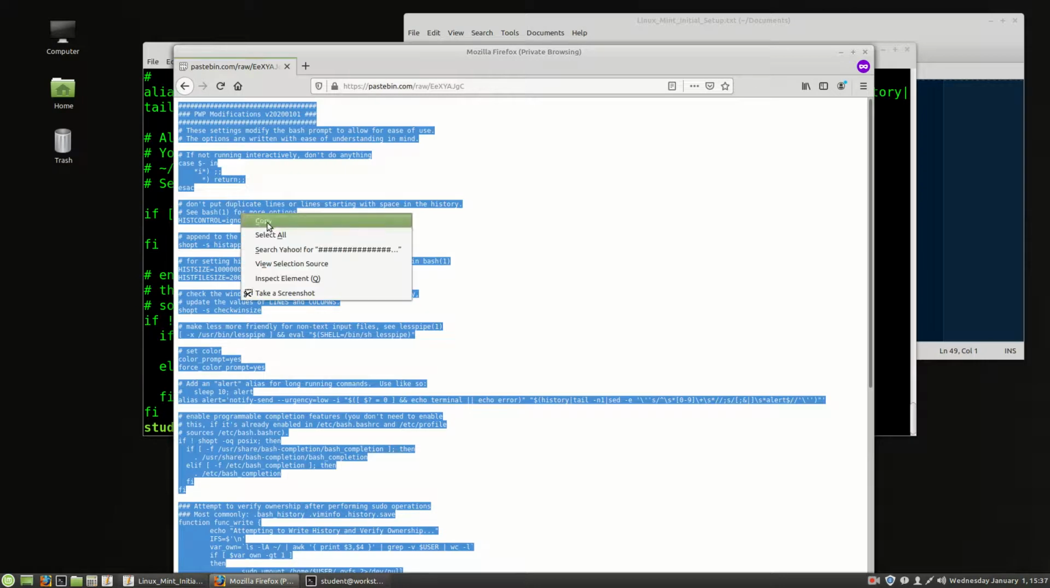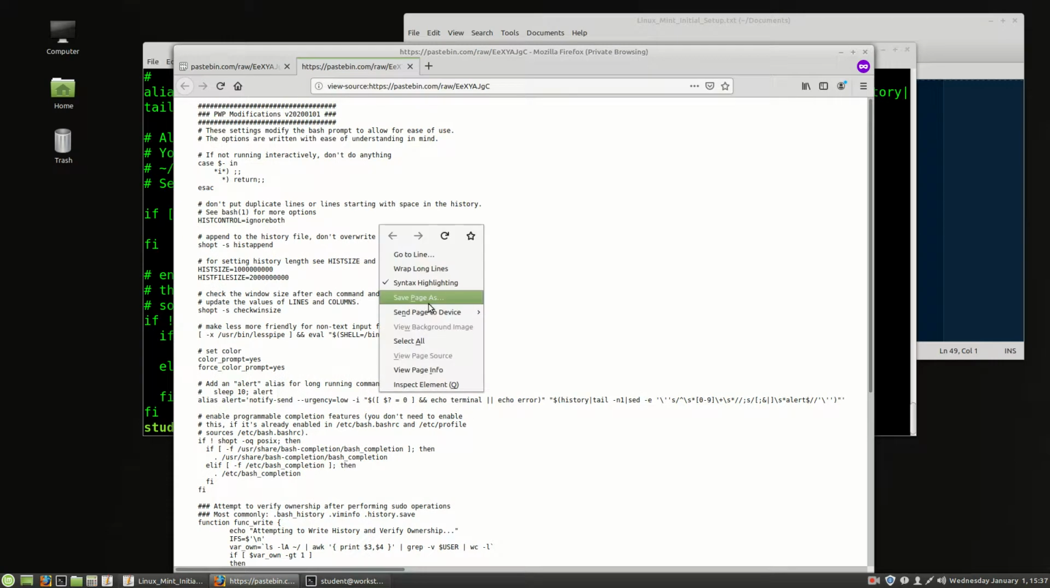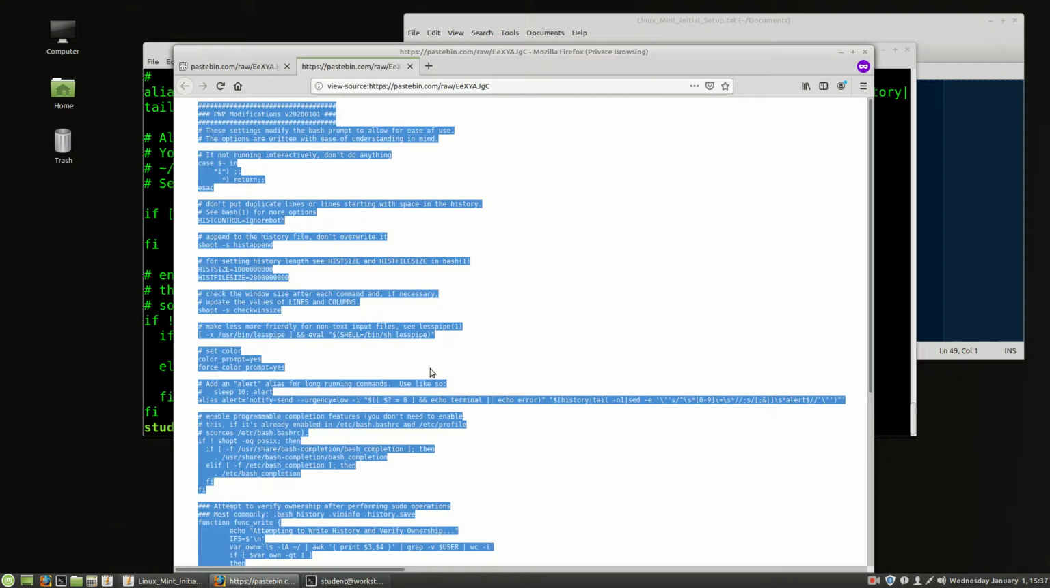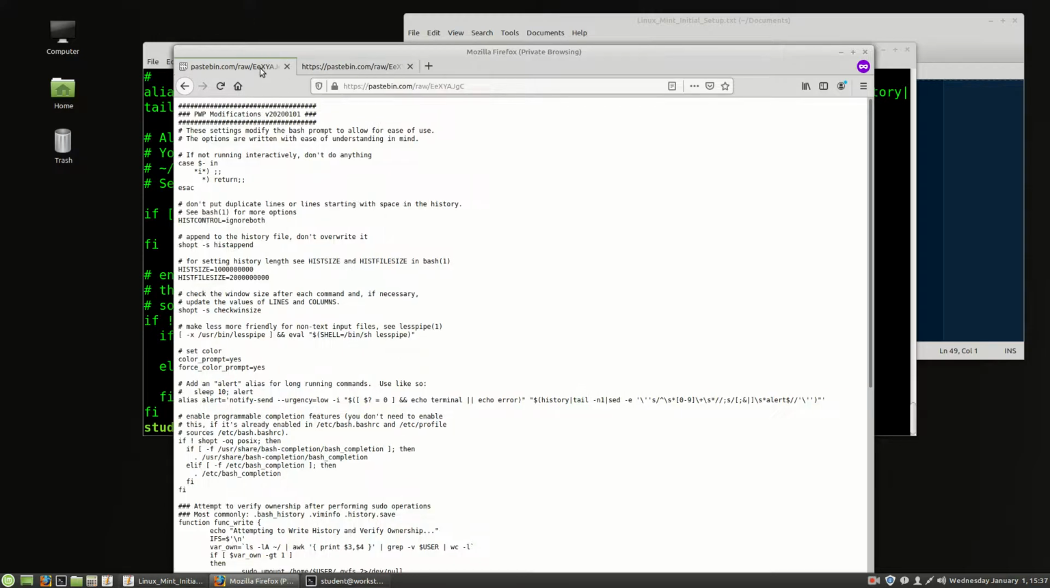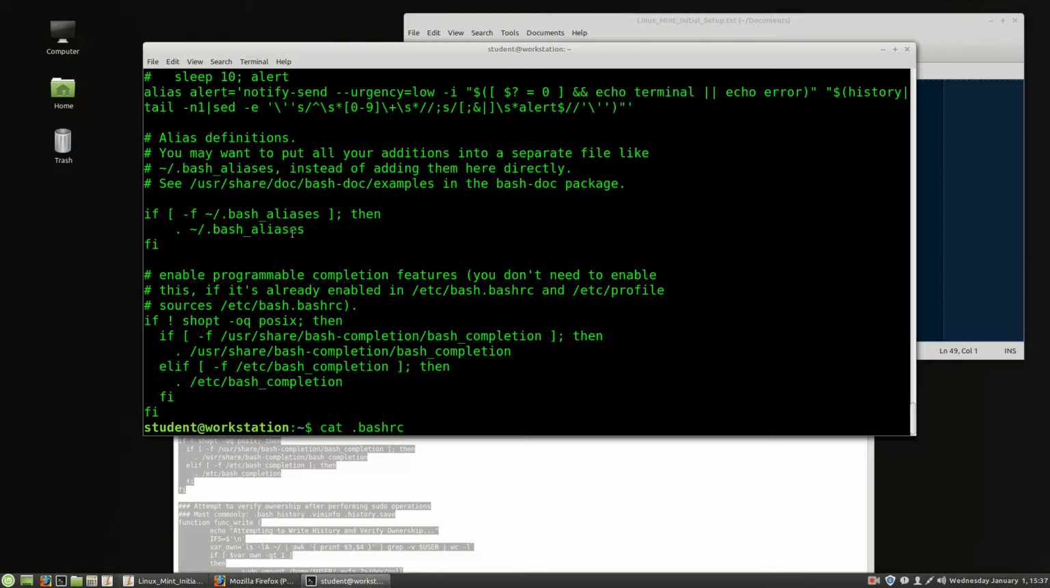Of course, you can just right click, copy. You can select all, and once you select all, you can choose copy if you want to. You can certainly do that. But once we have this all selected, I'm going to go over,